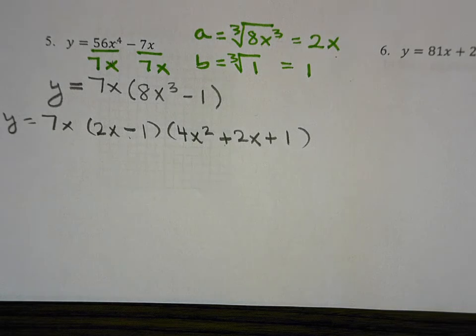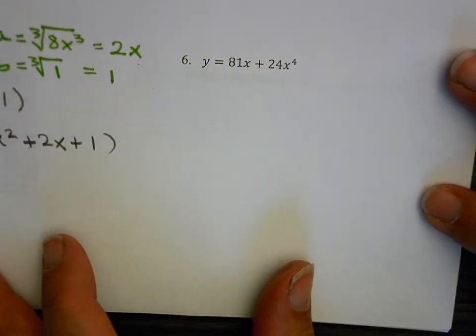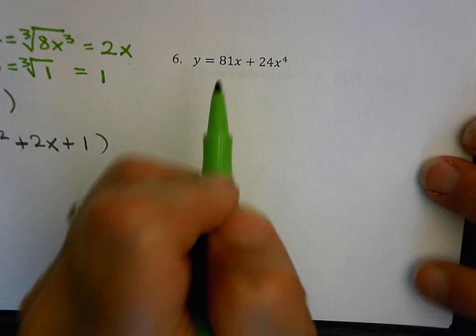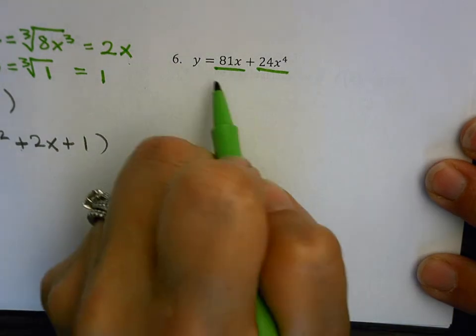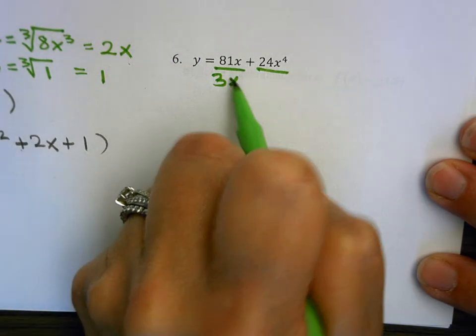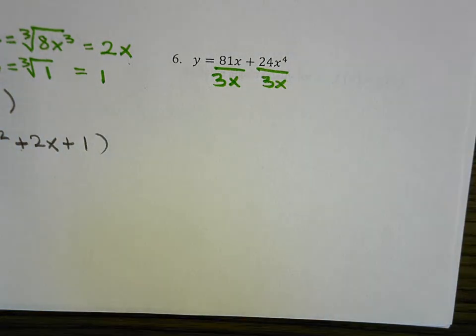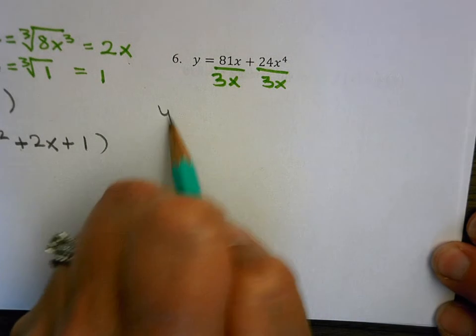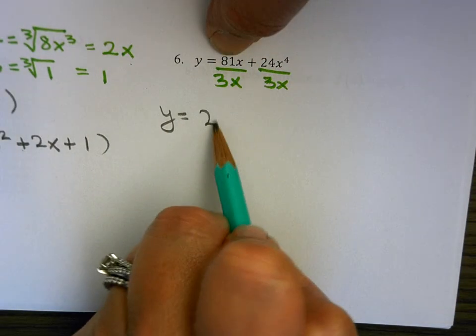All right, last one, number 6. Okay, so GCF again. Okay, so what can I do here? What can I divide out of both of those? 3. A 3. I can take a 3 and an x out of both. So then when I do that, I'm going to have, so 81 divided by 3 is 27, and then the